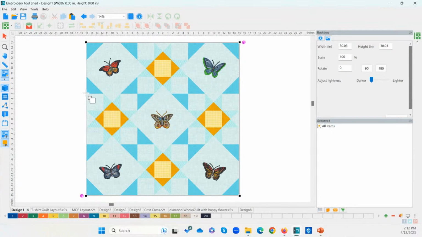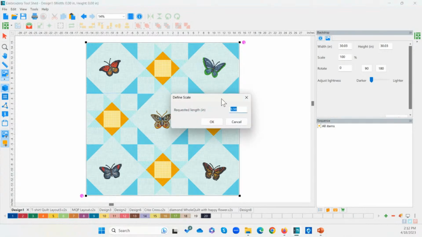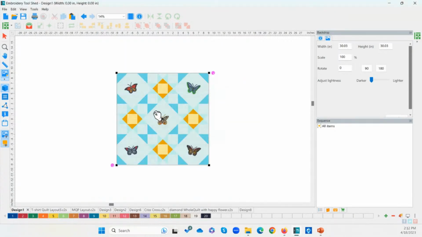incorrectly so you can see it actually change, because this image is actually almost the right size. So when I click and drag, this is actually a 10-inch block, but let's say it was only 5 inches or 6 inches. When you enter that number and click OK, do you see how it adjusts the size of the image? That's very important, because then when you import your embroidery designs or you design on top of it, those designs will be the correct size for your actual quilt.